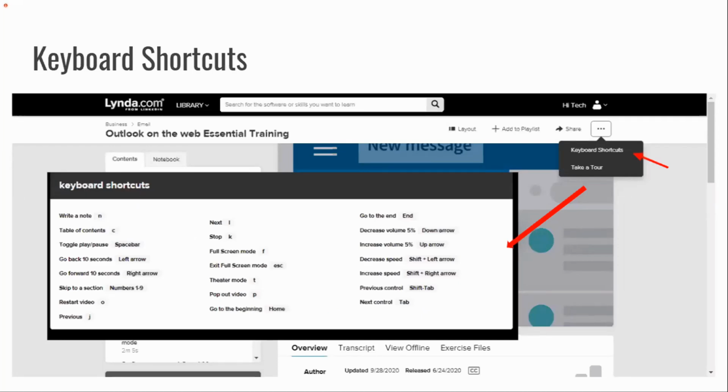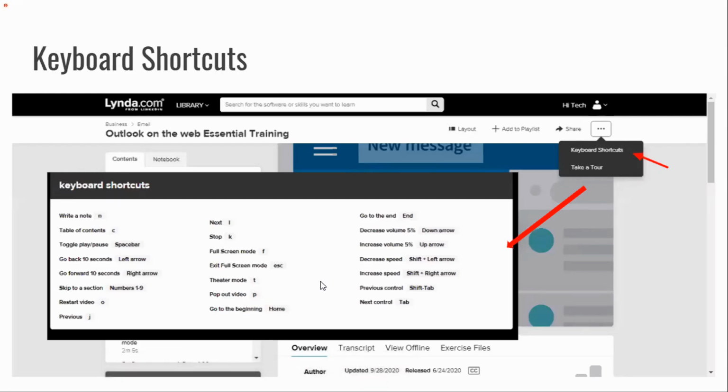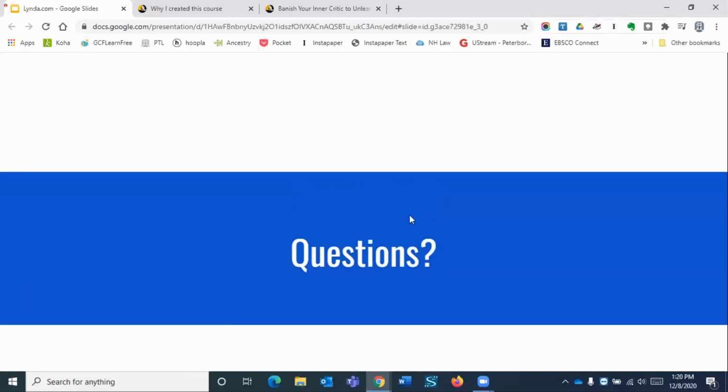For those who like to use keyboard, there are a whole lot of keyboard shortcuts, and they're very easy to find. You just go to the ellipses up here, go to keyboard shortcuts, and then you'll have this pop-up screen, and you can just use the keyboards if that is the easiest thing for you. And that's it. So a very, very quick overview of